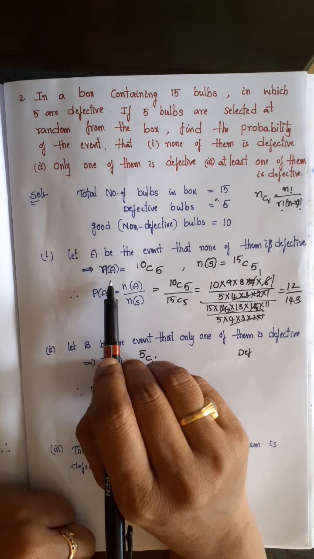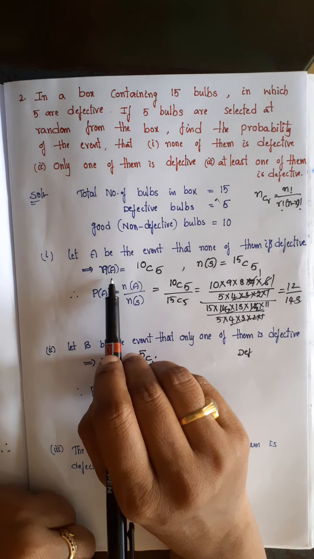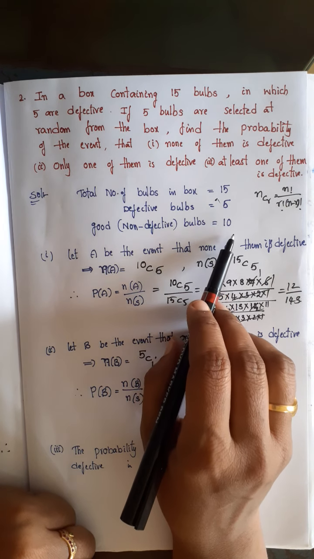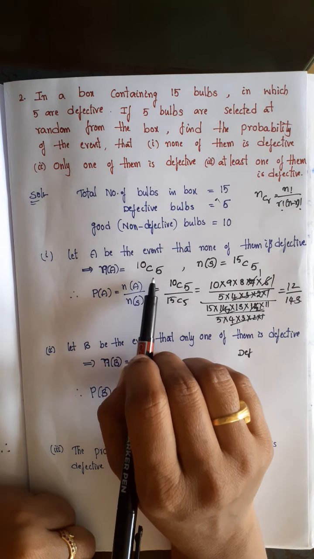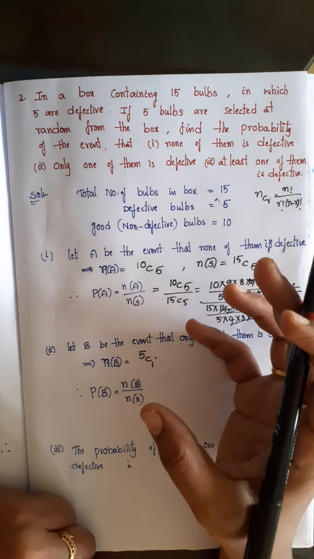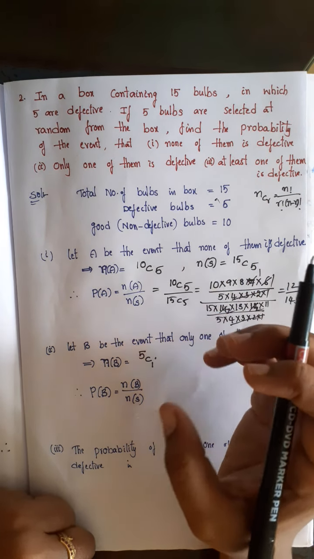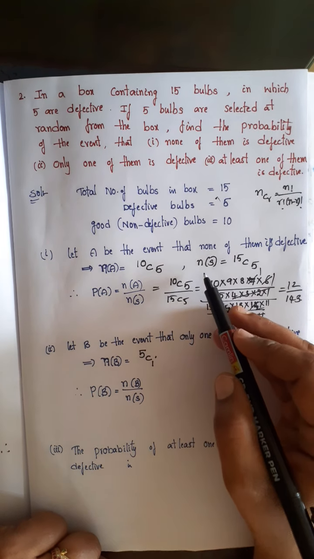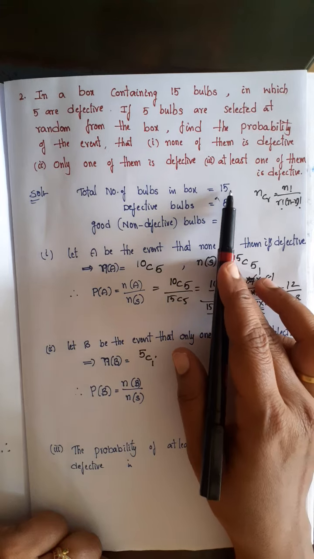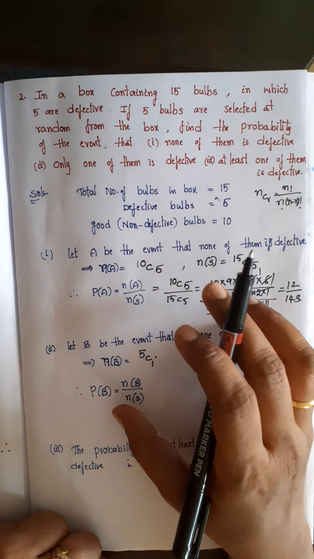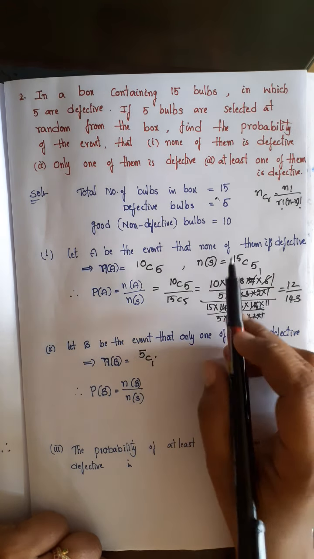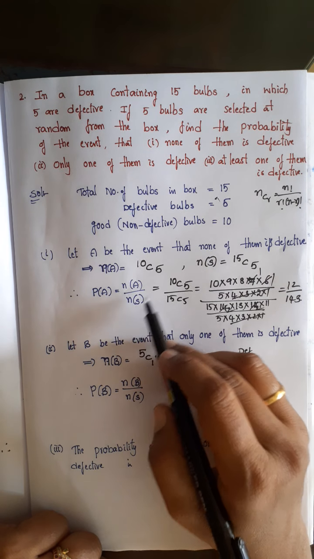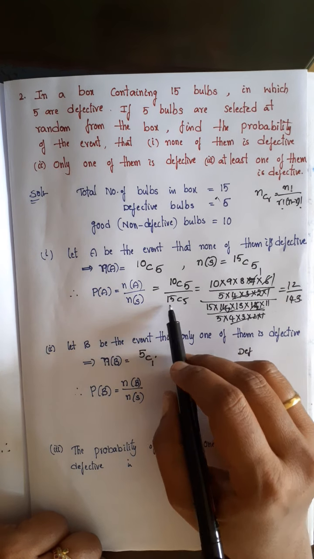So the number of favorable outcomes of A, n of A, is equal to the only possibility: from 10 only we have to select the 5. So 10C5. Selecting is nothing but combination, right? We consider 10C5. And here the total outcomes are actually 15C5. We can choose from 15, that is the total possibility, 15C5. Therefore P of A is equal to n of A by n of S, favorable outcomes 10C5 by 15C5.